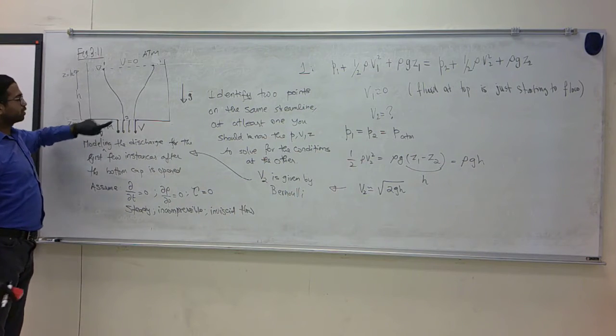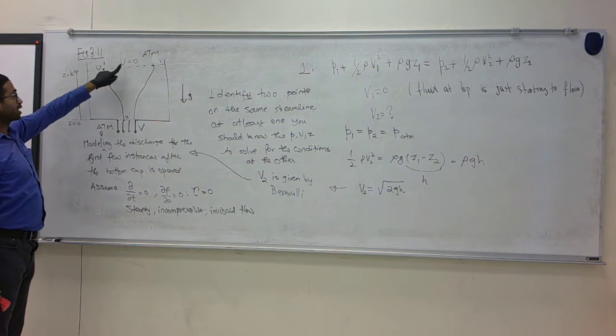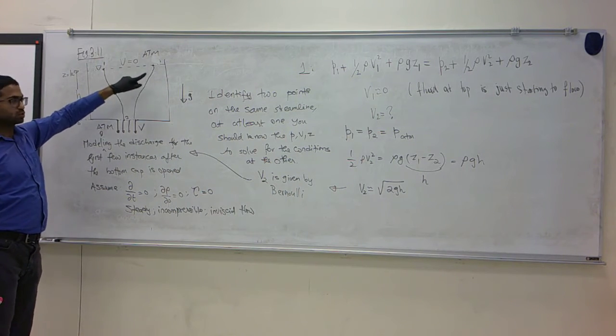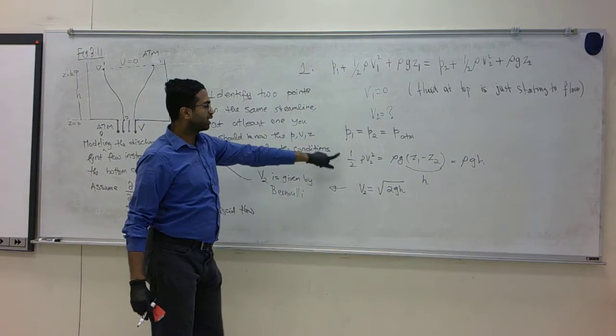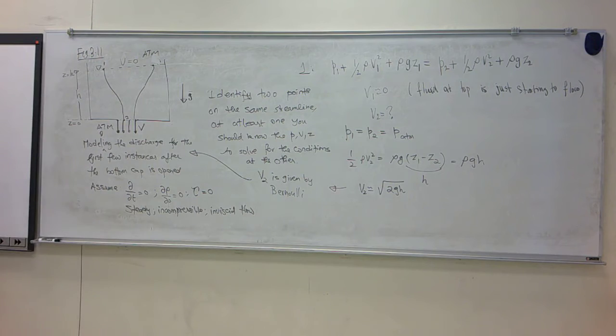If I choose 1 and 2, I need to know the velocity at 2. So I choose 1 where the velocity is 0. And I know the pressure at both ends, so I eliminate that. And then I try to solve for V2. So we'll similarly try more examples. And one more example that is seen in figure 3.15